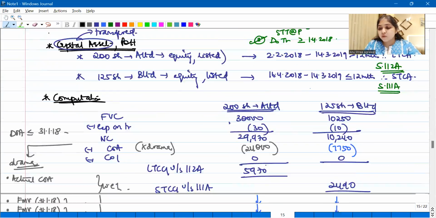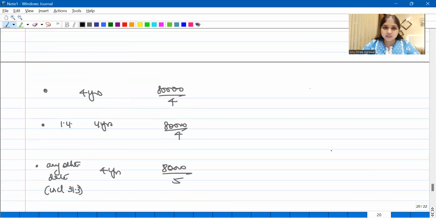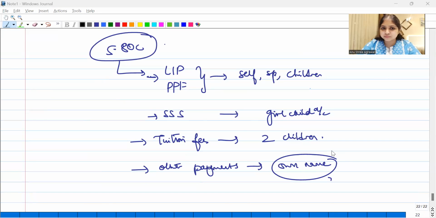There's a question in the chat box. Is there step marking if the final answer is wrong? Of course, there is step marking. Of course, there is. Provided your steps are done properly, provided the presentation is proper, of course, you will get step marks. All right. So can I take you forward? Can we go to the next question?